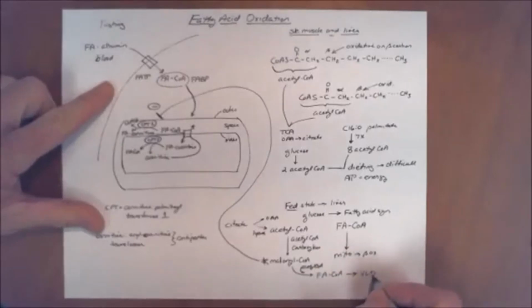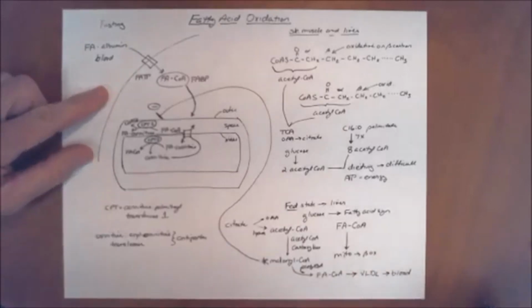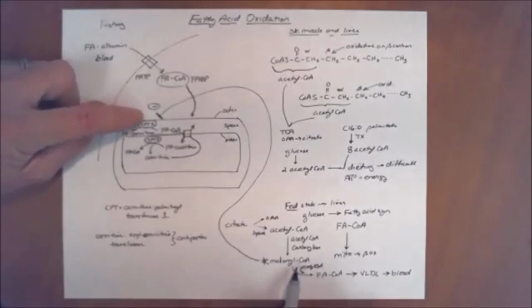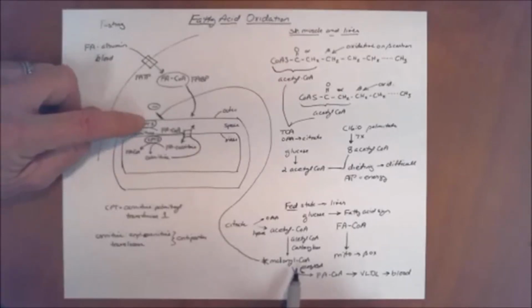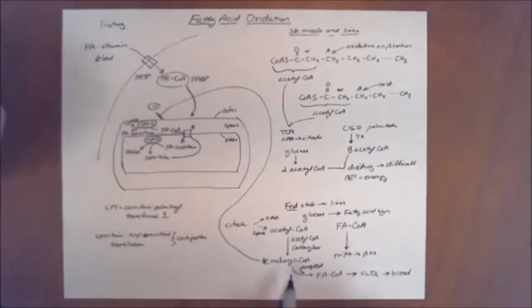So elevated concentrations of malonyl-CoA, which are required for fatty acid synthesis, are a substrate for making the fatty acid, but it's also an inhibitor of CPT1. So in the fed state with elevated concentrations of malonyl-CoA, we block CPT1 activity and prevent the newly synthesized fatty acyl-CoA from entering the mitochondria through this carnitine shuttle system. The fatty acyl-CoA that we make, of course, will be used for VLDL synthesis, which will be secreted from the